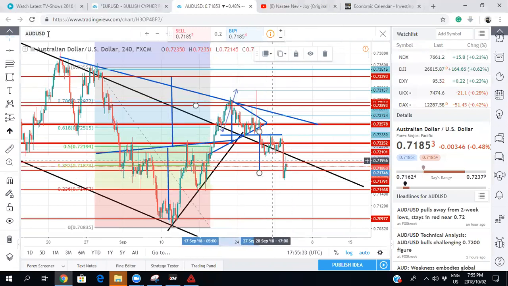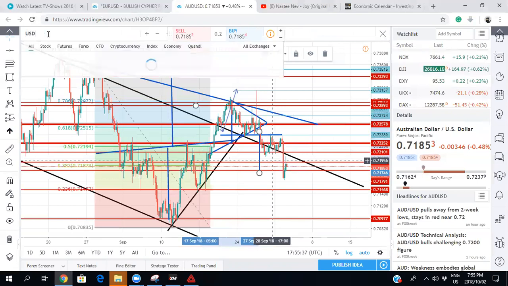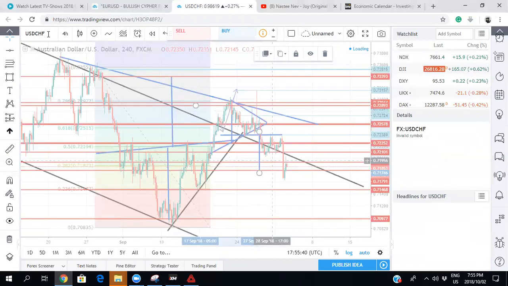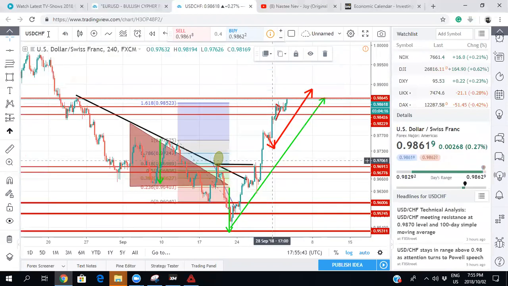I can quickly go to other pairs which we have already. Remember that some of us are analyzing and trading every day, right? So as you can see, this is USD CHF. It followed my trend, it followed my analysis, and it is still going up. Once it breaks this level, we're going to the higher level, right? So this is my